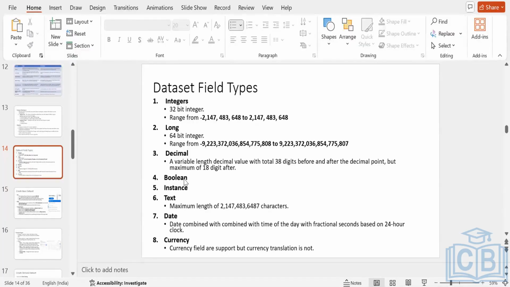Then there's a text field. A text field also has a maximum length which can be reached. Let's say you want to send the data. In most cases, this limit might not reach its max, because you can see the character limit is too long, but it might hit when you want to send the address of a worker. That address might be very long, or the address might still be a manageable part. But in some cases where